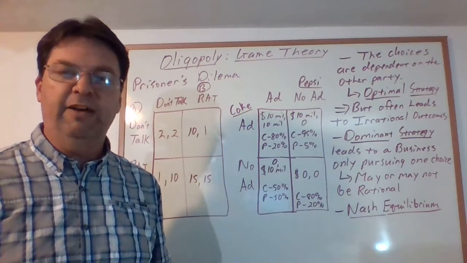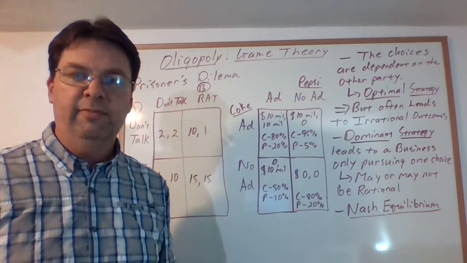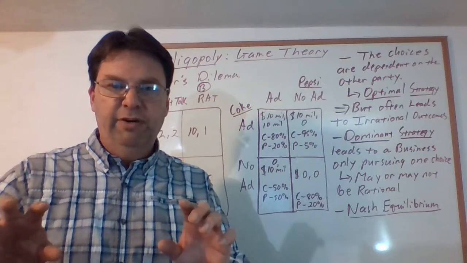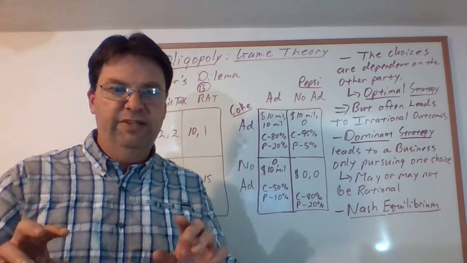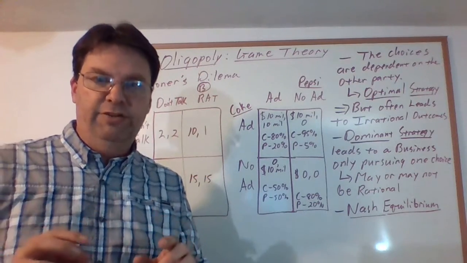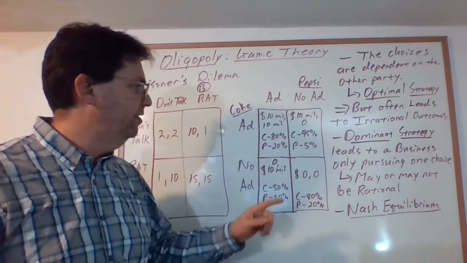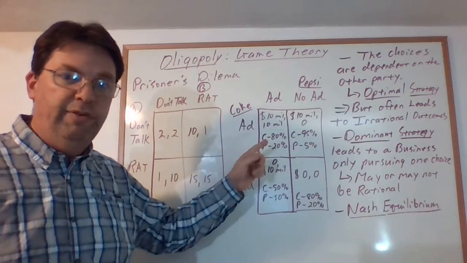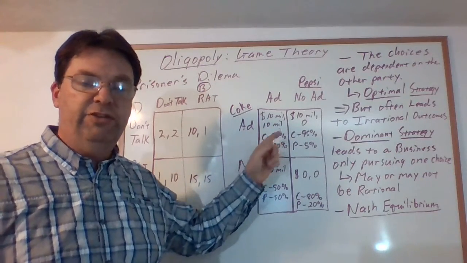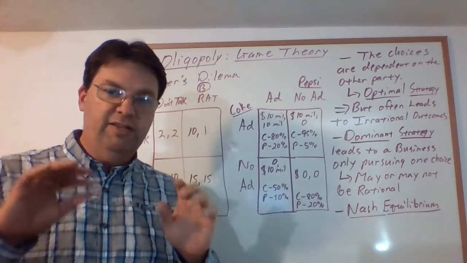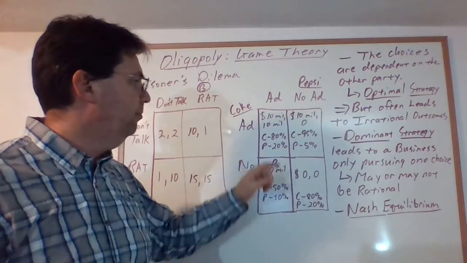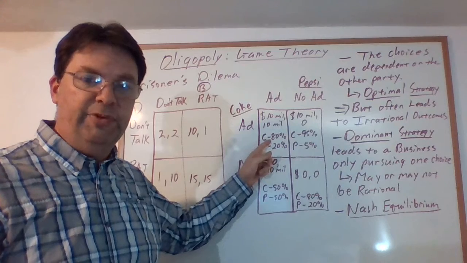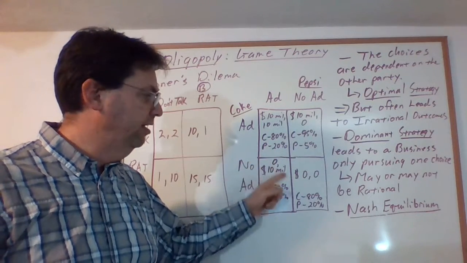We'll stab them in the back, and we'll steal all their customers. And so what happens is in both the boardrooms, both of them agree that they need to advertise in order to gain market share. And so both of them advertise. Both of them waste $10 million each, so a total of $20 million spent on tons of advertising. And it keeps everything static. Coke stays at 80%, Pepsi stays at 20%,